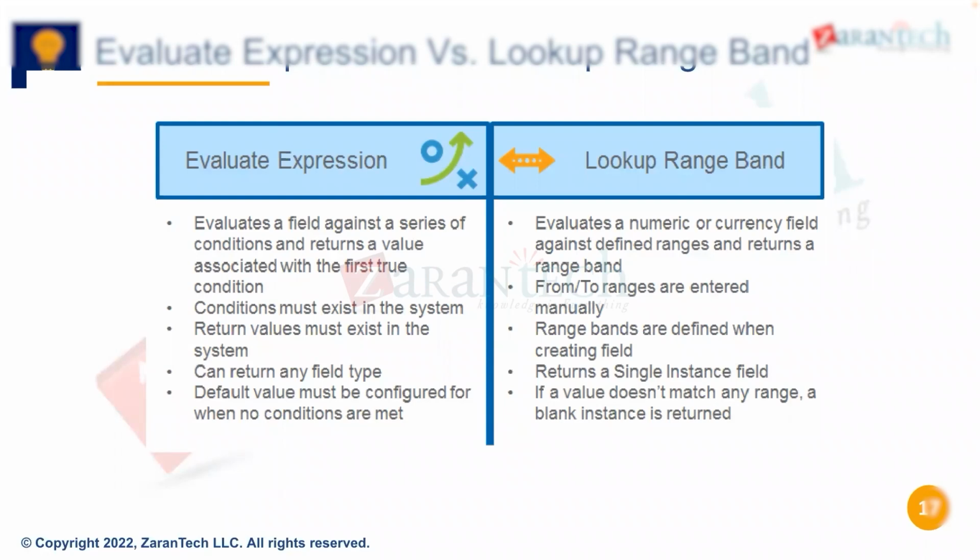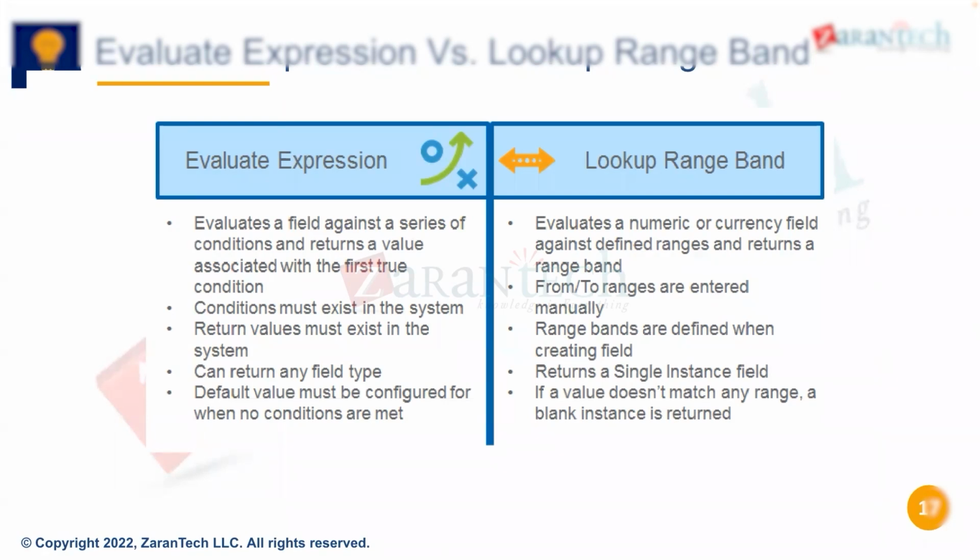For default conditions, we have seen that with eval, there is a default condition. If no conditions are met, it's mandatory to always have a default value so that you don't run into issues. So it's always a case where you have to define a default value when it comes to evaluated expression. On the lookup range band, you don't have to define any